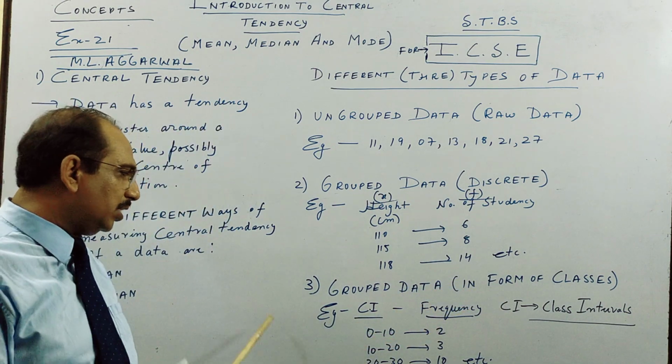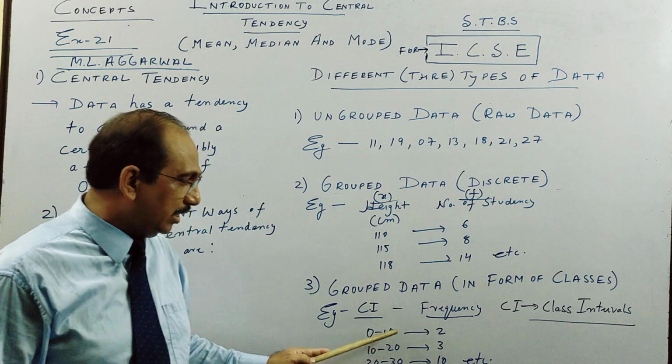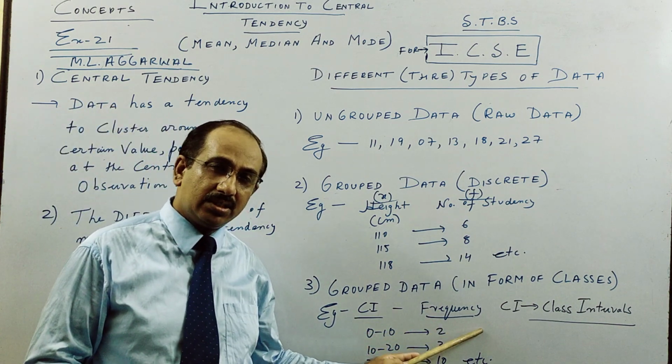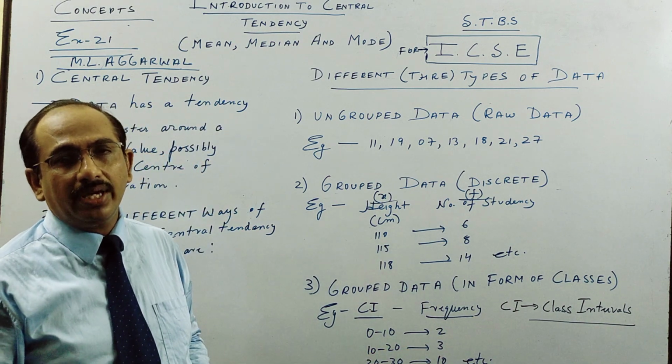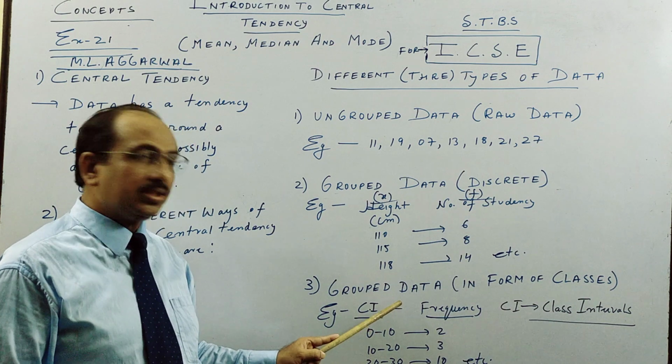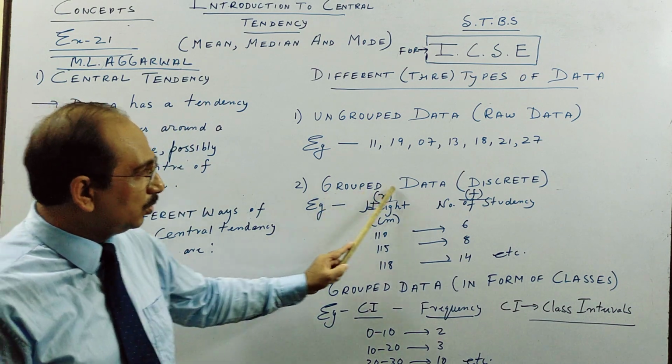So when I come to the later part of the video, you will see that they can be continuous and discontinuous, and how we bring about the change, that we will see. There are two types of this, so that we will see later. So this is group data discrete.